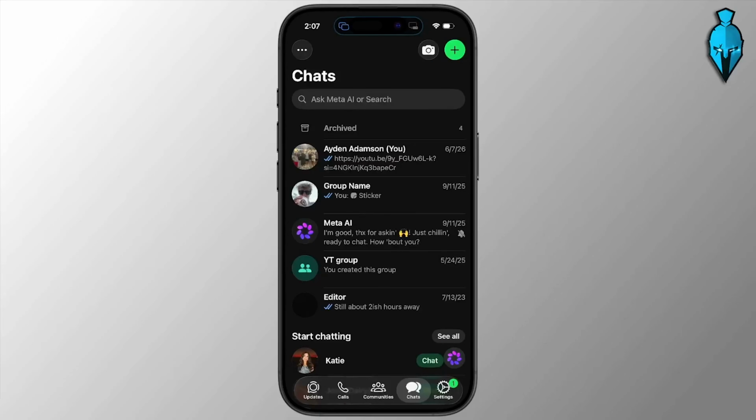In this guide, I'm going to show you how to archive or unarchive all WhatsApp chats and conversations on iPhone and